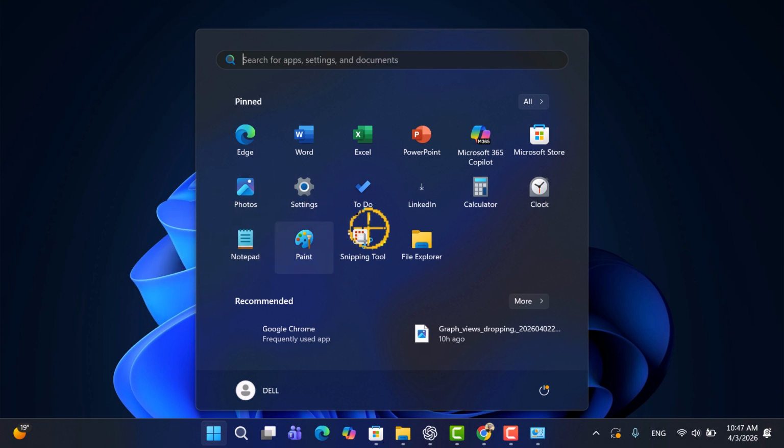Now you know how to change and customize your mouse in Windows 11. As you can see, it is quick and easy, and you can completely change how your desktop